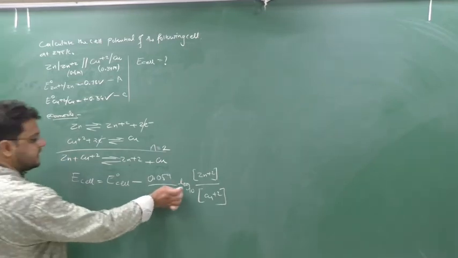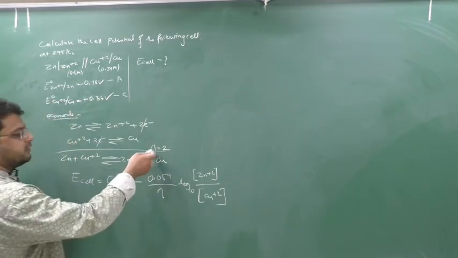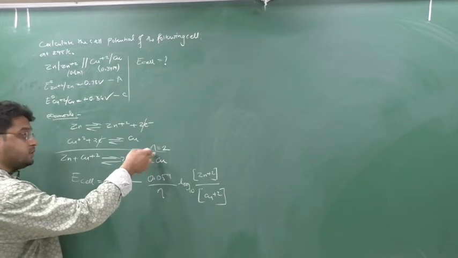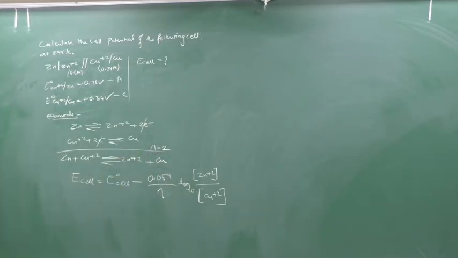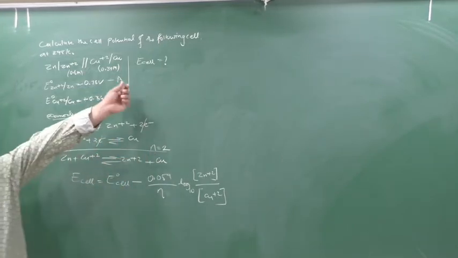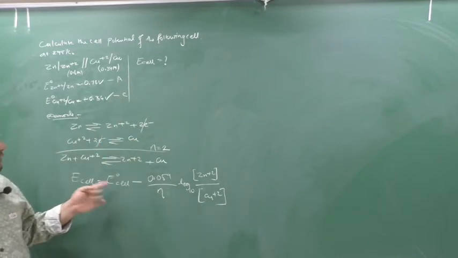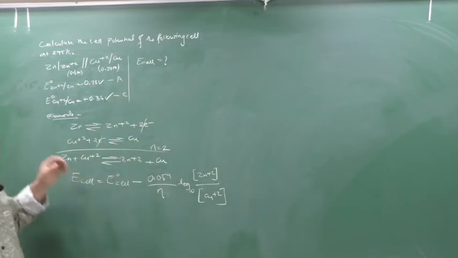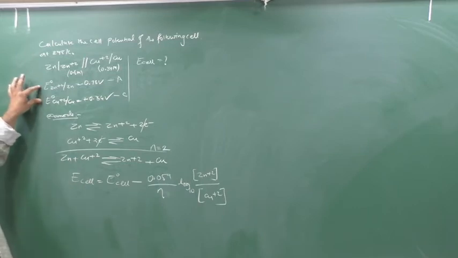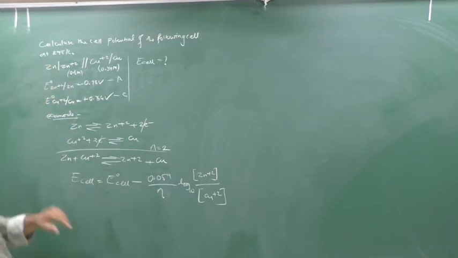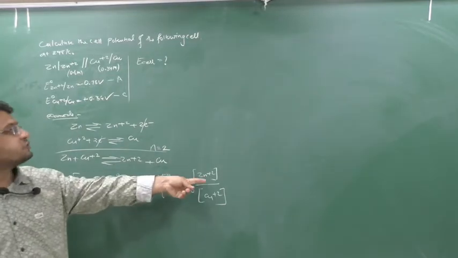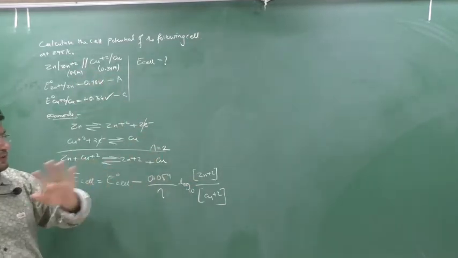Now, this is n, and n means what? Number of electrons transferred. So, I wrote it here 2. Understood why I have written 2 now? Clear? Now, from this we have to calculate E cell, yes. E naught cell we should have. So, I can calculate from here, no? E naught cell is E cathode minus E anode, or E RHS minus E LHS. N we have, Zn plus 2 concentration given, Cu plus 2 concentration given.